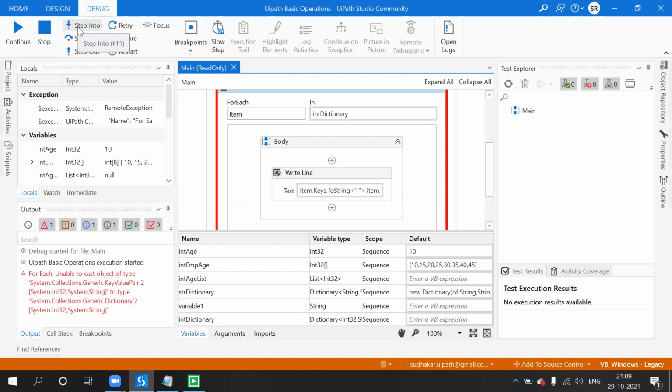Oh, we got unable to cast object of type key value pair to type system.